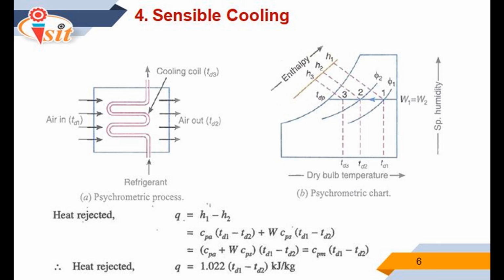Suppose the air at the temperature of TD1 passes over the cooling coil of temperature TD3 as shown in figure. The temperature of air leaving the cooling coil TD2 will be more than TD3. The process of sensible cooling on psychrometric chart is showing the horizontal line from 1 to 2 and extended from right to left. The point 3 represents the surface temperature of cooling coil. The heat rejected by air during